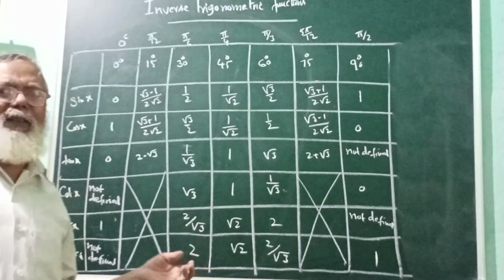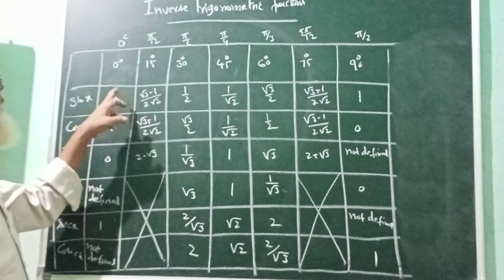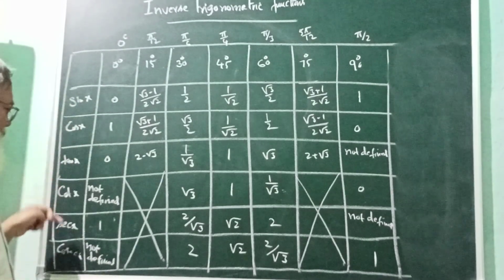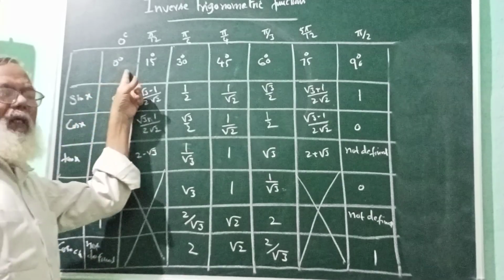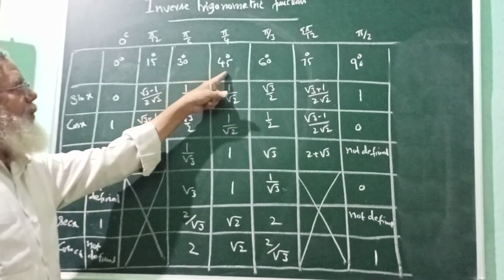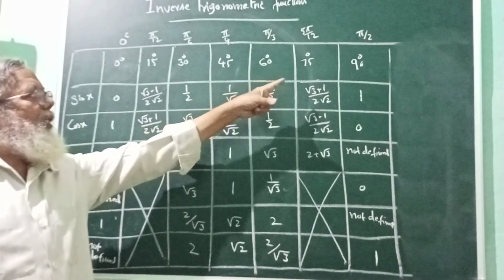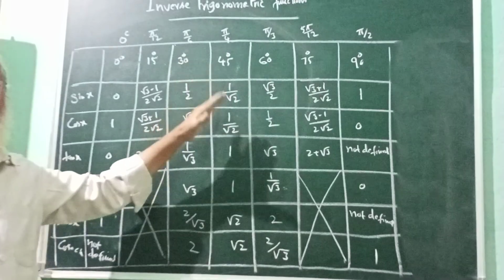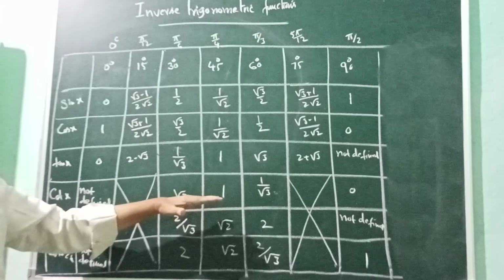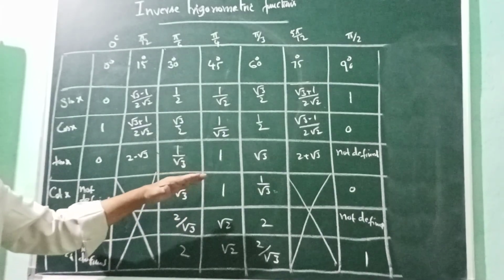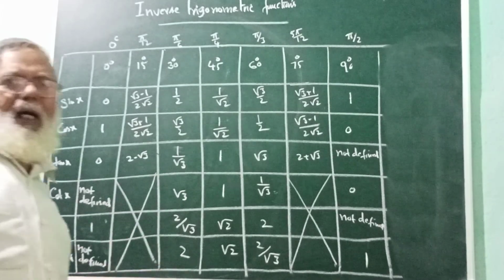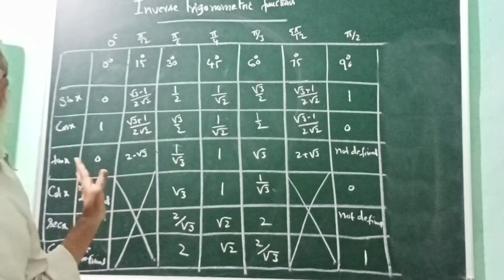So first here we have the table of the trigonometric function of sine, cos, tan, cot, sec, cosec, and corresponding values of the 0 degrees, 15 degrees, 30 degrees, 45 degrees, 60 degrees, 75 degrees, and 90 degrees. And you are very much acquainted with it. Please take it down. Then we will have another table also, that is the 90 plus, 90 minus, like that. You should remember it by heart.